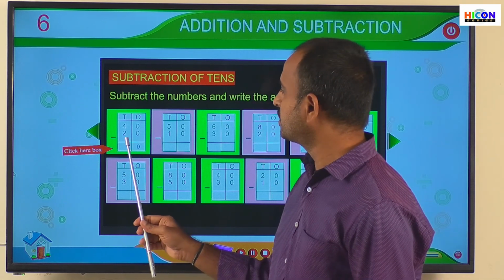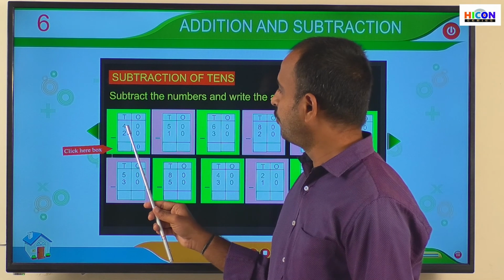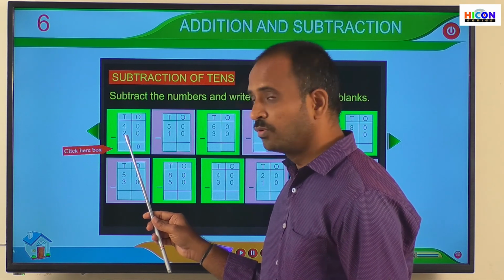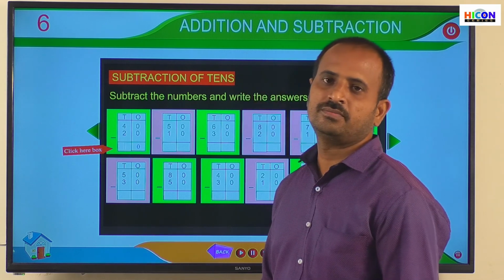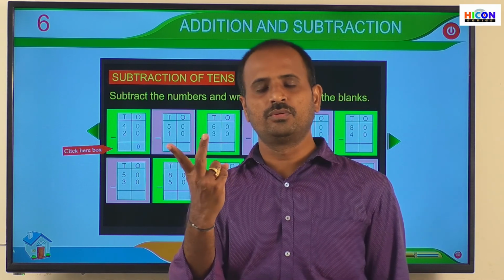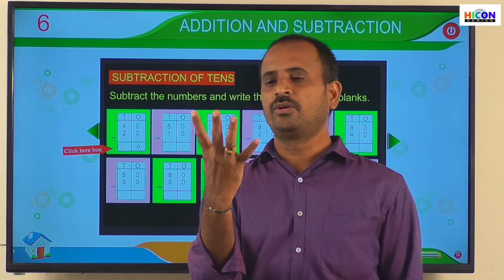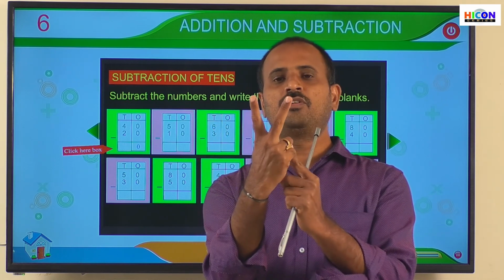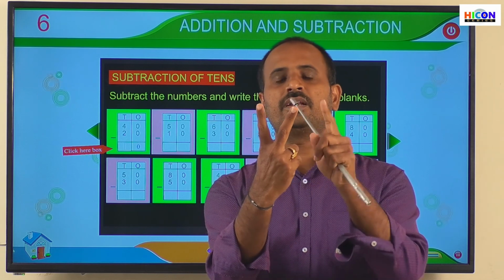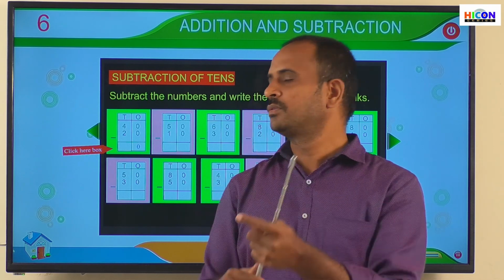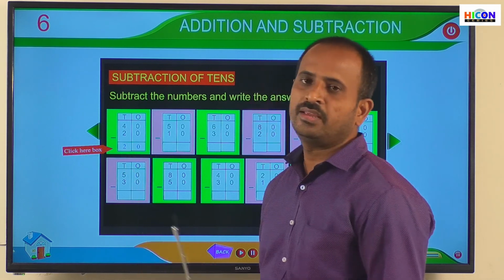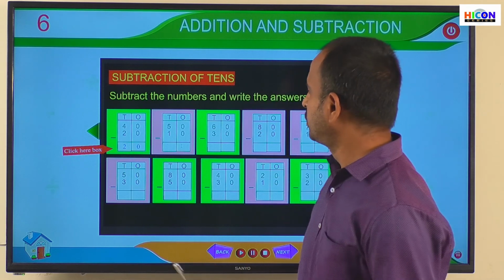Now go to the tens place. What are the digits there? 4 and 2. So open 4 fingers and close 2 fingers among the 4 fingers. Open 4 fingers, 1, 2, 3, 4. And close 2 fingers among these, 1, 2. Children, how many fingers are remaining? There are remaining 1, 2. So write 2 under the tens place. So the answer is 20. See the next problem.